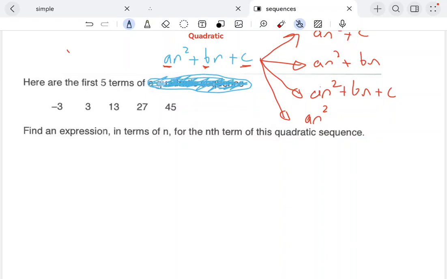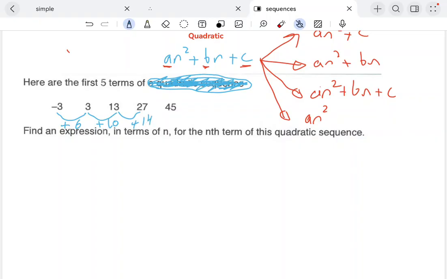How do I figure out? Check the common difference. So, from -3 to 3 is how much? Plus 6. From 3 to 13 is plus 10. From 13 to 27 is plus